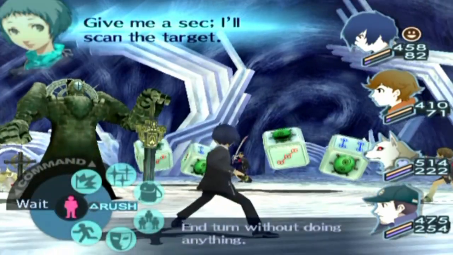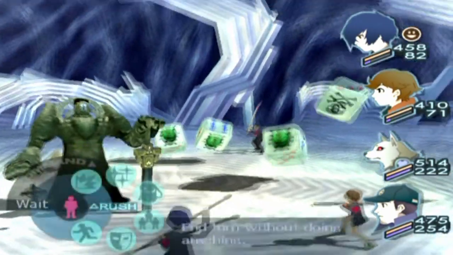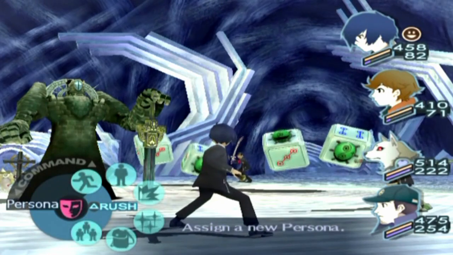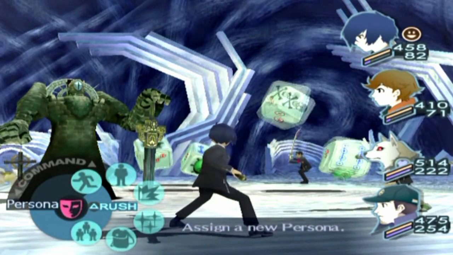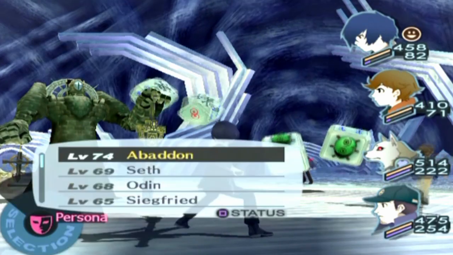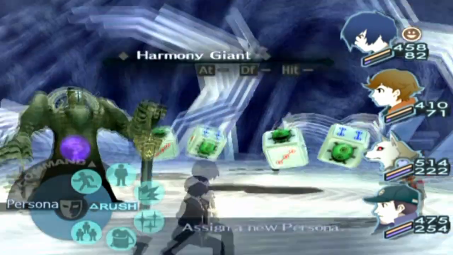Give me a sec. I'll scan the target. So, this is another new enemy that we haven't seen yet, the Harmony Giant. I think that should make all of them. So, I believe the Harmony Giant is... Actually, what is it weak to? I forget. Well, I guess I'll be finding out soon. But I'll switch to Odin. Well, not in preparation for it, I'm going to hit those dice anyway, so...